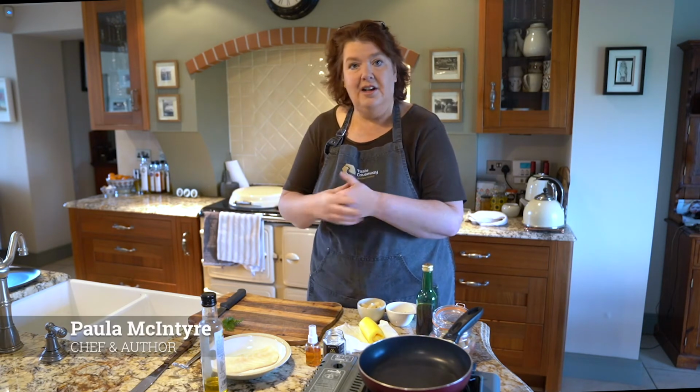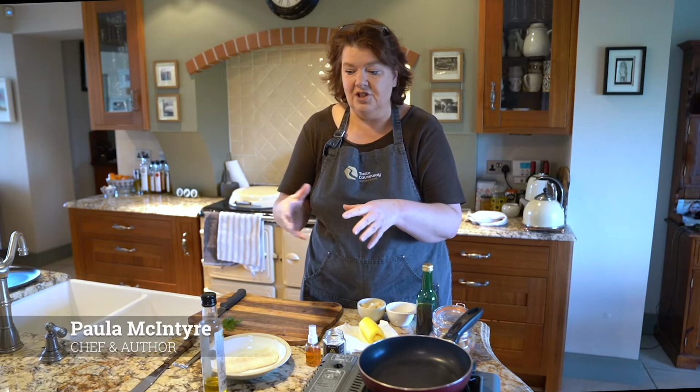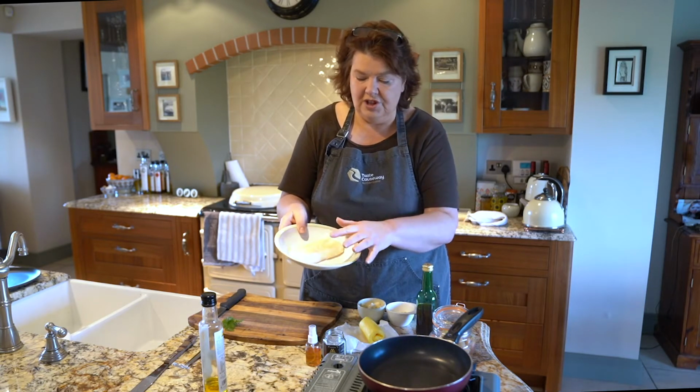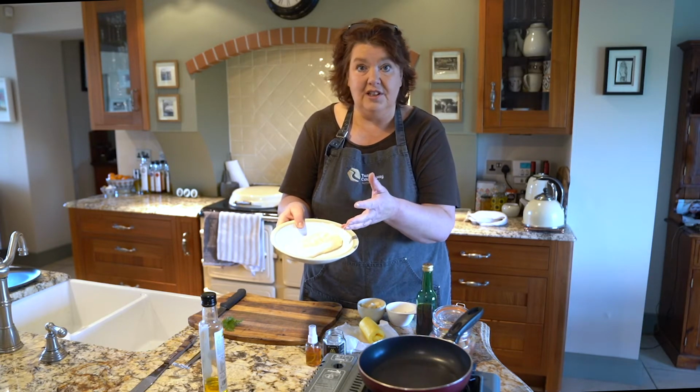So I'm in Leona Kane's lovely kitchen here at Rogaskell Farm, and I want to do a dish that for me sums up slow food on the north coast. So I've got fish here, but it's sustainable fish, it's ling. So just a wee bit like cod, but completely sustainable. And historically around this part of the world we would have salted it, and then that would have sustained us